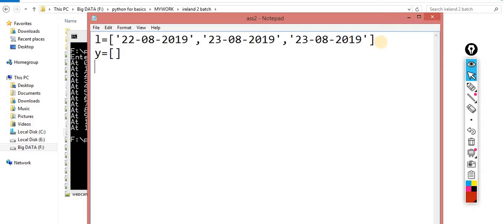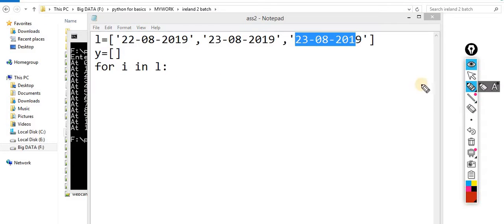So for the same, observe this scenario. First I have to take the items one by one. We know the loop: for i in simply L. Inside, the first item is this one, the second would be this one, the third would be this one, and so on. Now it's time for our implementation, the logic.